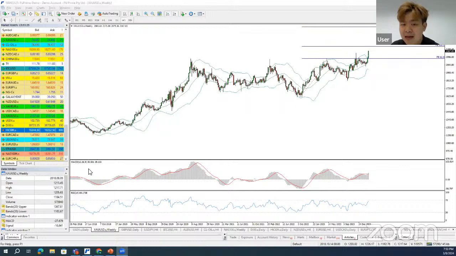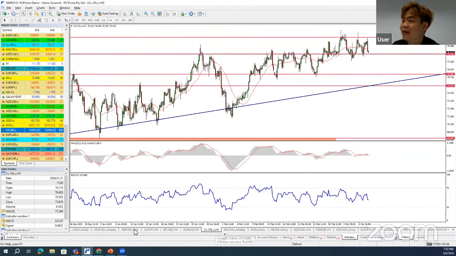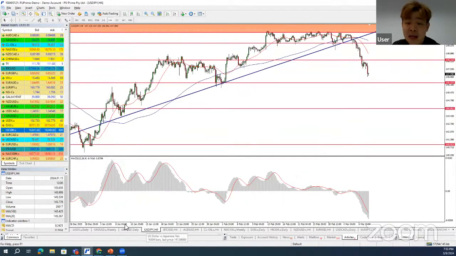Okay, and then the next thing we can focus on in the recent market is the Japanese yen market. As you can notice, the overall trend for the Japanese market recently is quite pessimistic. You can see that USD JPY continues to drop aggressively. So what is the reason that caused USD JPY to drop? This is one of the major movements of the pair this week. What caused USD JPY to drop aggressively?